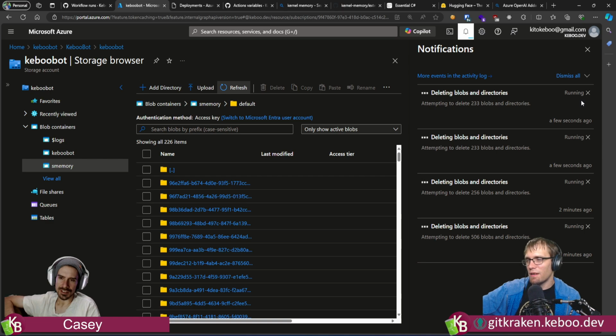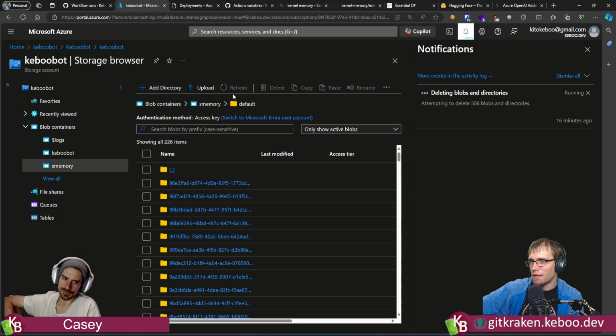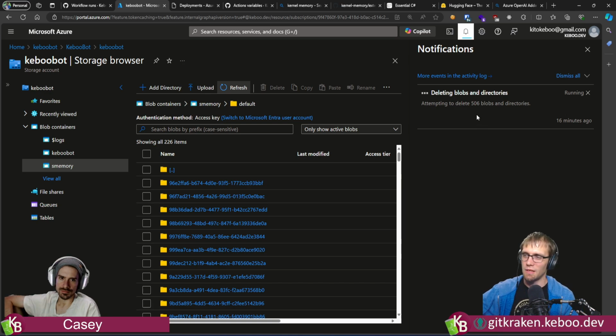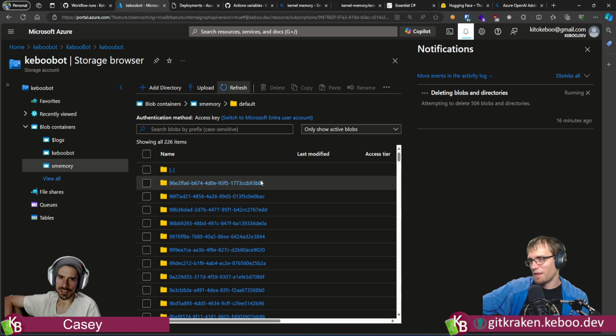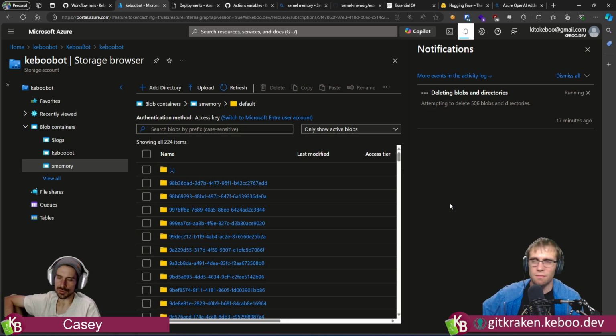My theory is that, so I think what I want to do is try running this with the small file by itself from a clean slate. Yeah, I think that's wise. And then from that clean slate, see what comes. I only want to delete 506 of those. I think this is a very misleading number, though. I think it's the number of top level items, and then inside of there were the 47,000 individual directories.